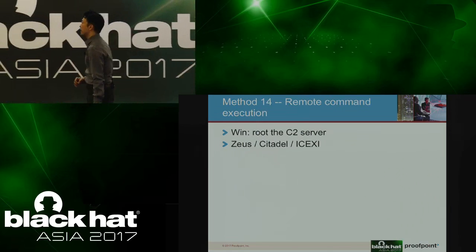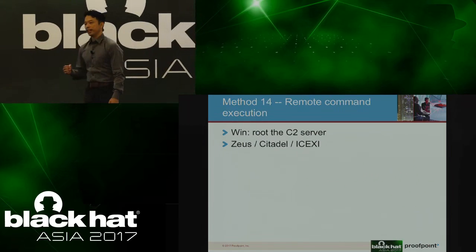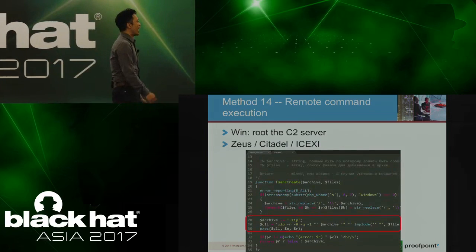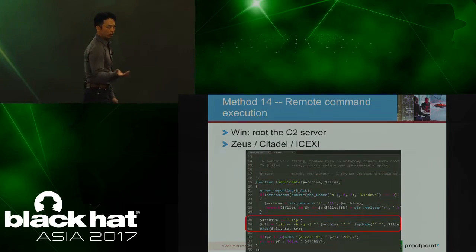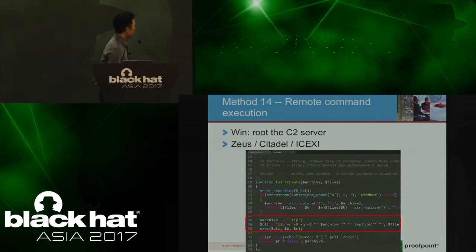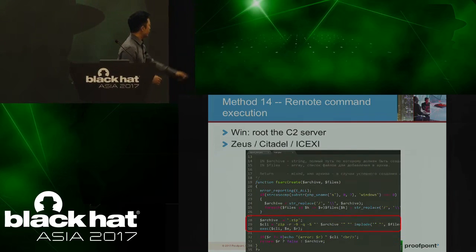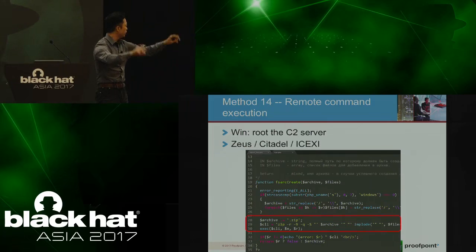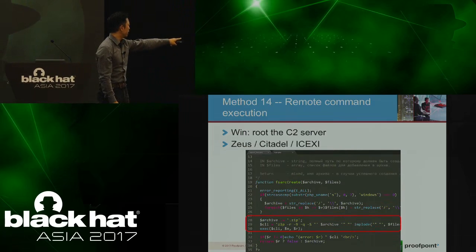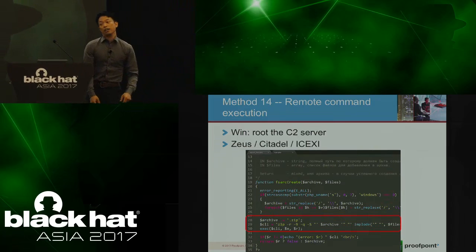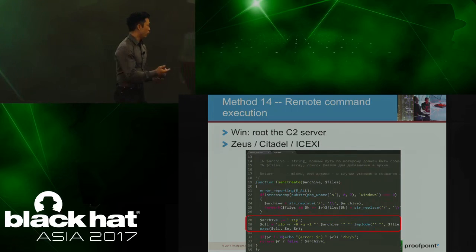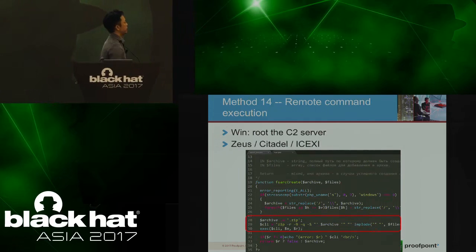Method 14, remote command execution due to coding error. And we found that the Zeus, Citadel, or IC11 actor had a vulnerability that allowed remote code execution. You can see here that it's constructing commands, and it's using the variable files to construct a command called CLI, and then executes that command. That file variable hasn't been sanitized or checked before it being used to construct a command, and that makes a